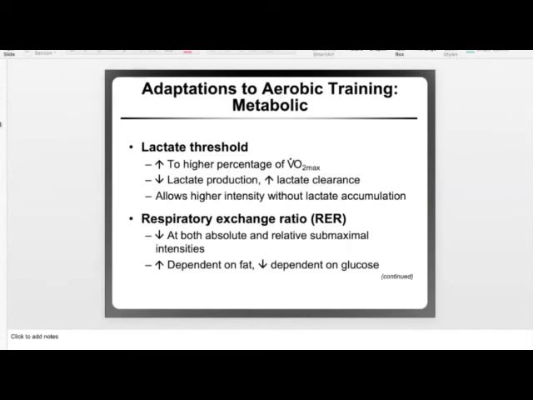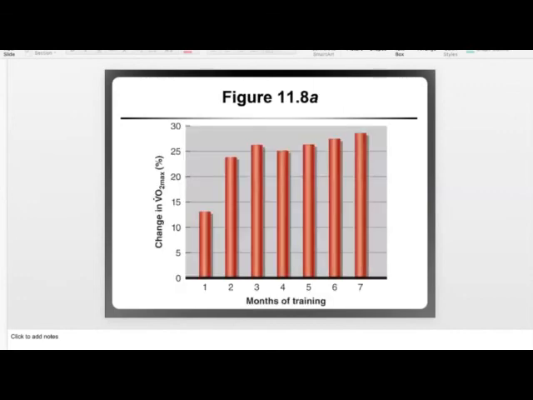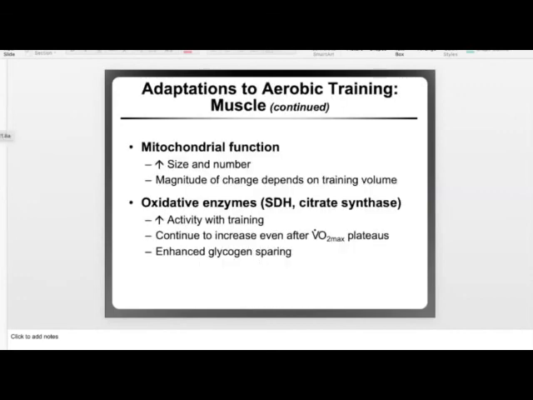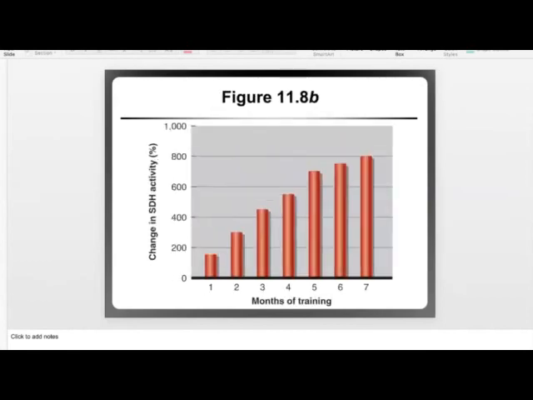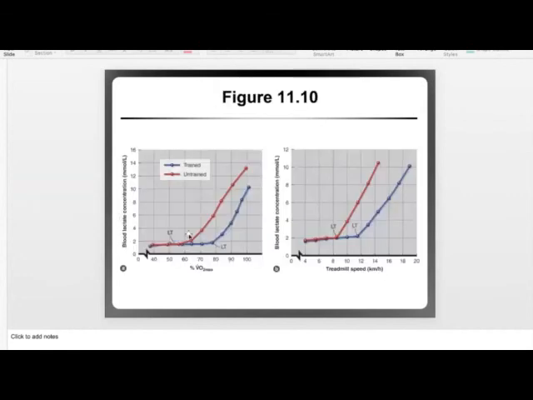With aerobic training, these things here are all muscular associated changes, but there are other changes occurring not because of muscle, but because of your enzymatic activity. And now there are changes also because of metabolics. So it seems that the lactate threshold increases. An individual who is exercising reaches their lactate threshold at a later bout of more intense exercise. As their treadmill speed increases, they're able to do more intense exercise before they reach their blood lactate threshold,